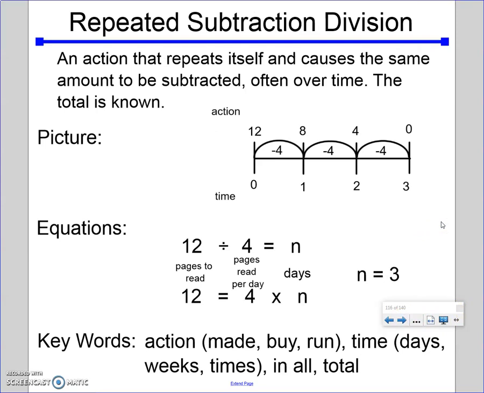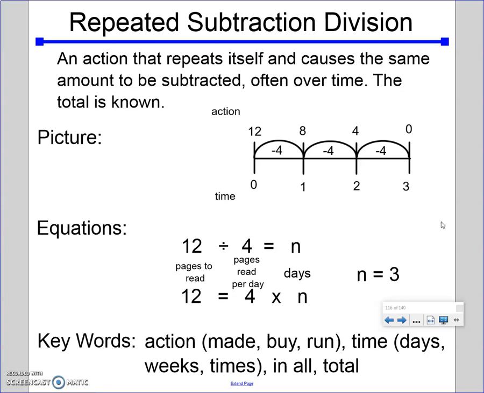And the final division story problem we've learned about is repeated subtraction division. Repeated subtraction division is a story problem where an action repeats itself again and again and again over time, causing the same amount to be subtracted. In a repeated subtraction division problem, the total is known, which is how repeated subtraction is different from repeated addition. We represent a repeated subtraction problem using a number line,